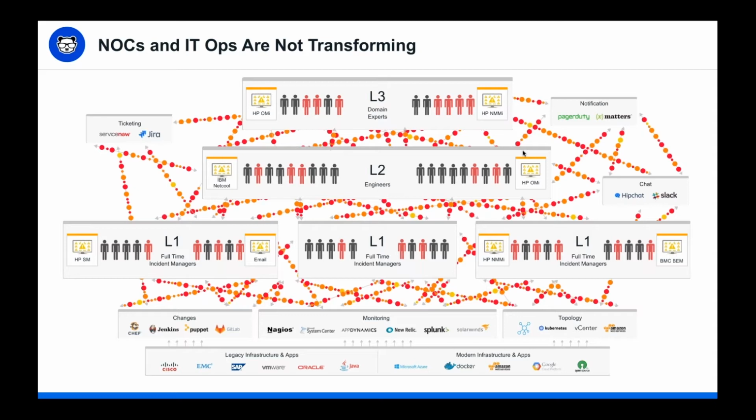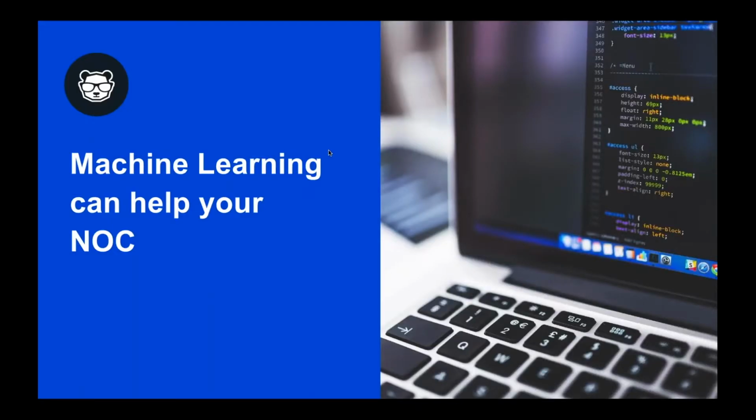So net, the takeaway here is that because of the changes in IT and because of the changes in the infrastructure and software, unfortunately, IT ops and NOCs have not transformed, and therefore they find themselves in a world of pain. Now, given that, we actually think there is good news today, which is the fact that thanks to the advances in machine learning and now artificial intelligence, which is a superset of that, we are finally at a stage where they are actively helping some of the largest NOCs in the